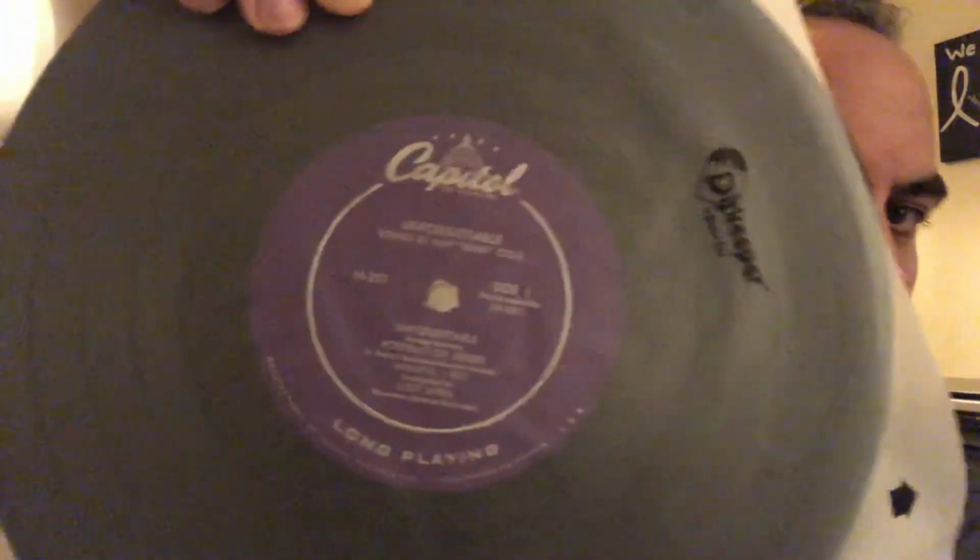this 10-inch record. It's Unforgettable Songs by Nat King Cole, 1952. So, great 10-inch record here from Nat King Cole. That's the back. So of course this has title track Unforgettable, Lost April, Too Young, Mona Lisa, For Sentimental Reasons, Red Sails in the Sunset, Portrait of Jenny, and What I'll Do. Very cool 10-inch here on Capitol. So like I said, 1952. It's the oldest record in my collection, and